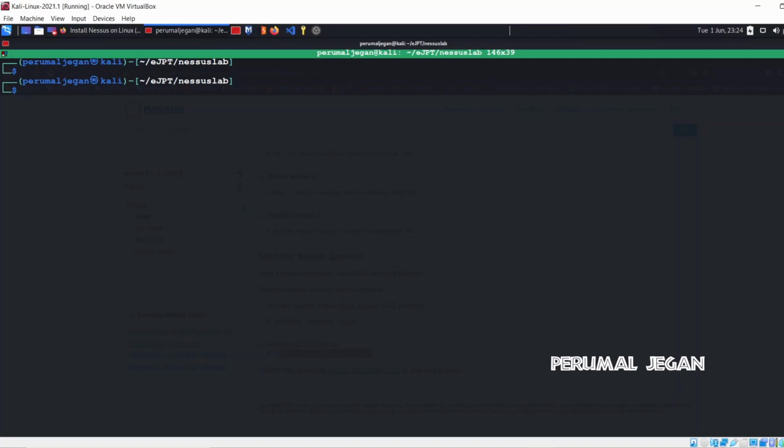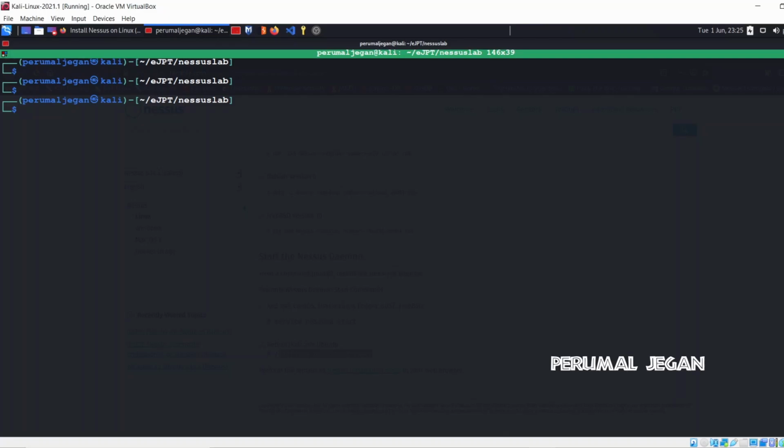I already installed Nessus on my machine, but in your case you have to install Nessus using the single command, and also you have to wait for a couple of hours to get all those plugins installed on your machine. So make sure up to 30 GB of space is available on your machine. It requires that much space to install Nessus, but it is totally worth allocating that space to the Nessus scanner. Okay, start the daemon.